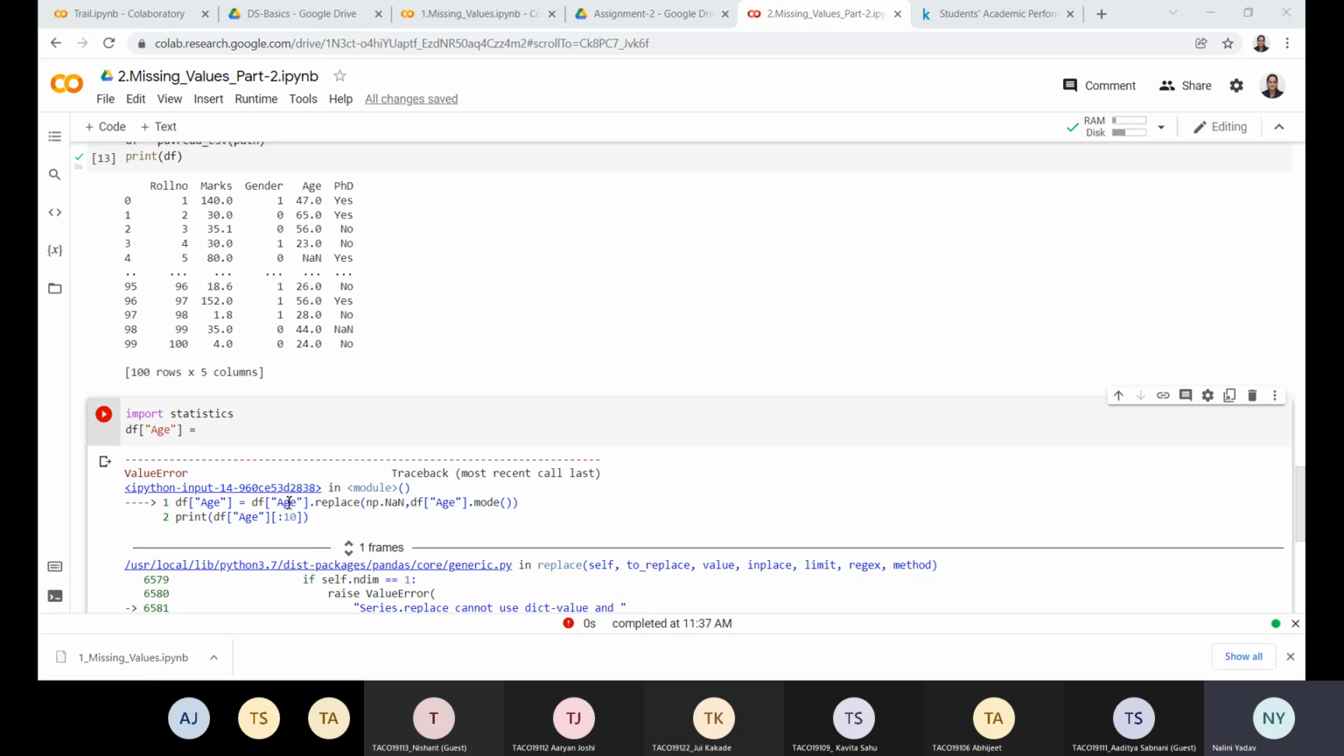replace it with the df age value dot replace. What do I have to replace? np.nan. Replace it with np.nan, comma, I am using this package statistics mode. Whose mode do I need to see? The mode of age, right? So mode of age. Correct? And then